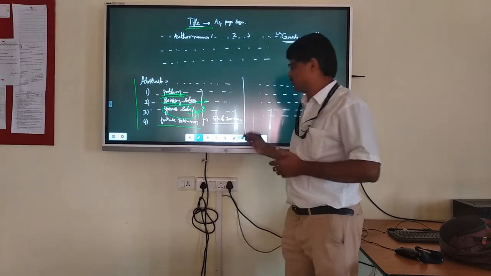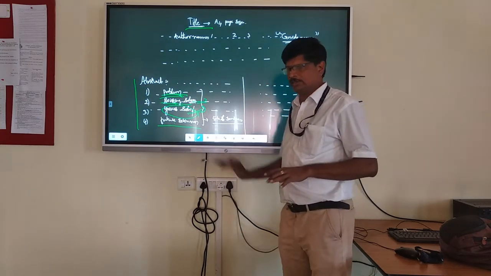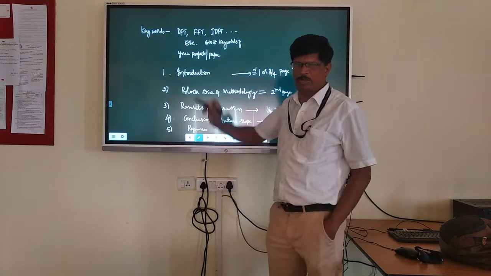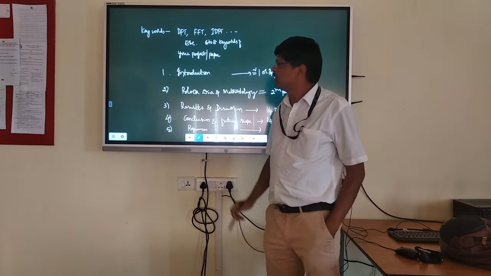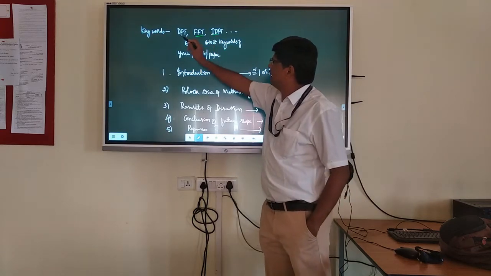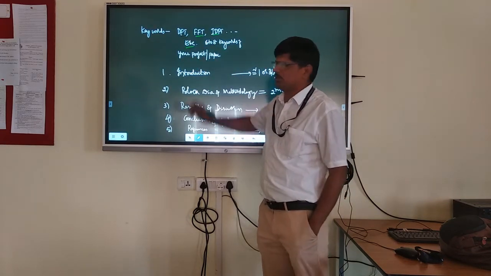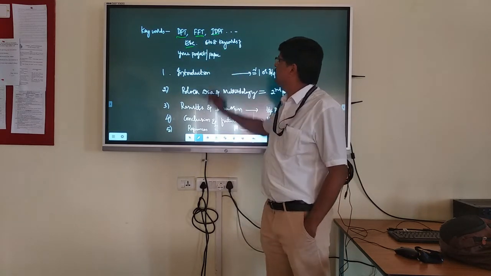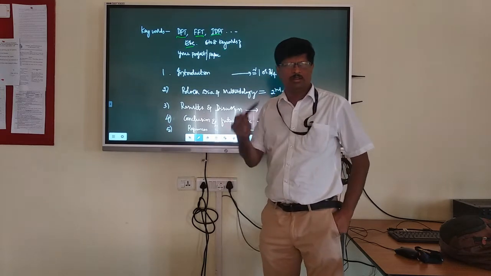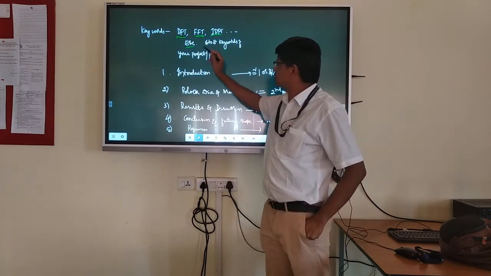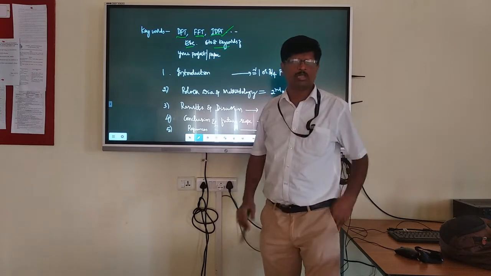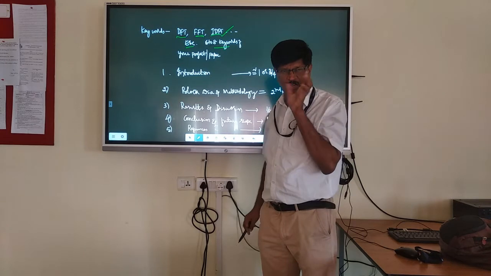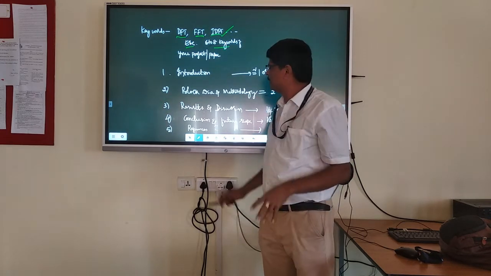First, maybe half a page, 5 to 6 sentences. Then immediately keywords. What are the keywords of your project? For example, as an electronics person, I may use DFT, maybe the DSP subject, discrete Fourier transform, fast Fourier transform, IDFT may come in my project. You write 6 to 7 or 8 keywords related to your project. That is second, immediate and very important: keywords of your project.